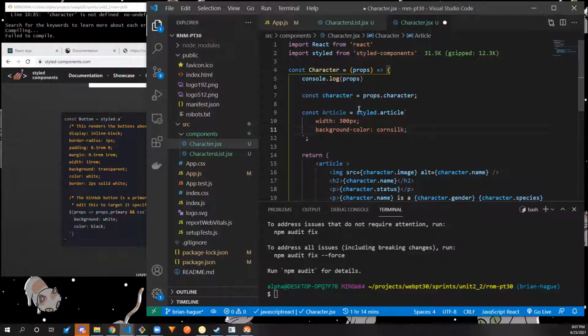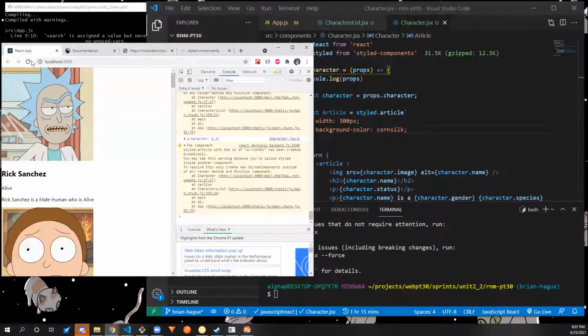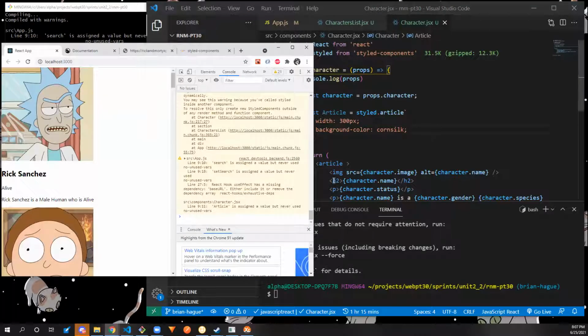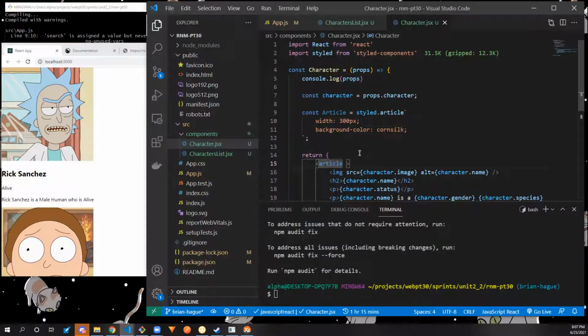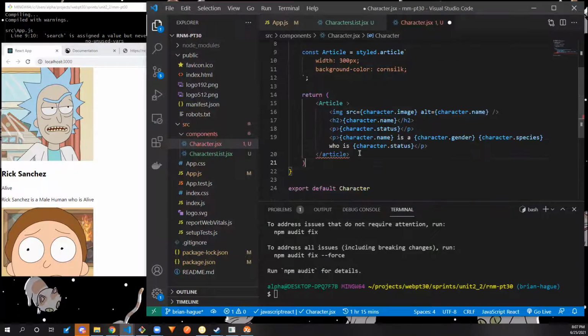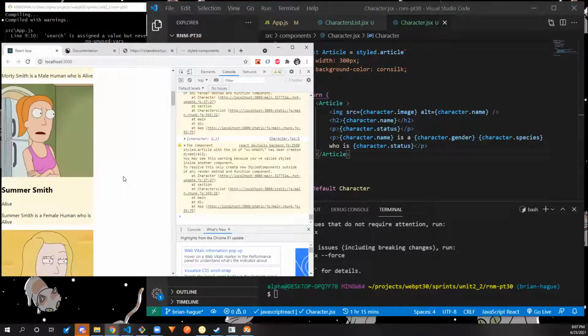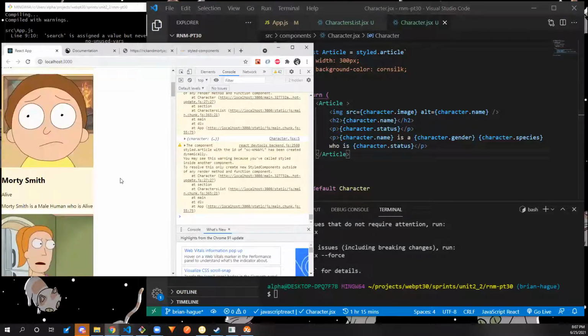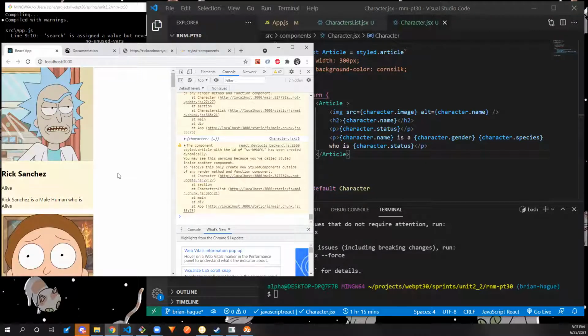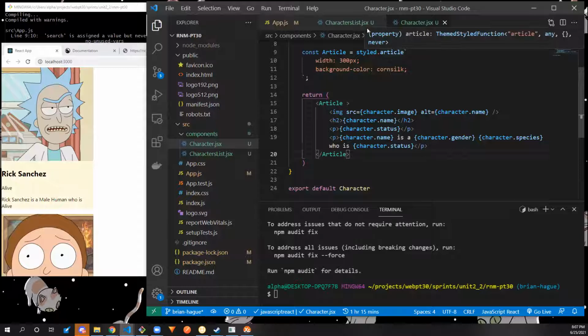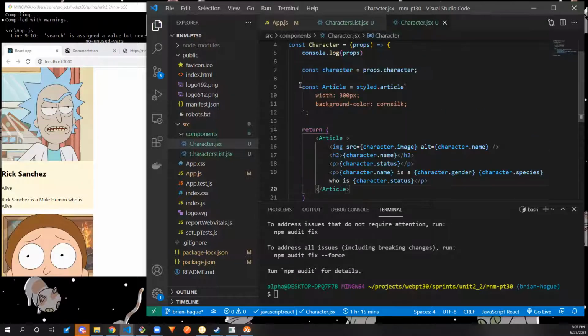That's garish. Oh, we're not calling an article yet. We've actually got to go with capital A. Hey, it works. So all of these are now with corn silk as a background. Horrible color, by the way. 0 out of 10 stars. So yeah, that is now MVP with one styled